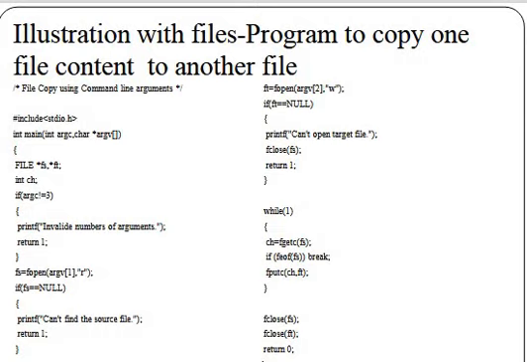Argv of 1 is your first input, and you are opening it in read mode. Argv of 2, that is your third parameter, is opened in write mode. So we are copying the data from one file to another file. The source file is opened in read mode and the destination file is opened in write mode.